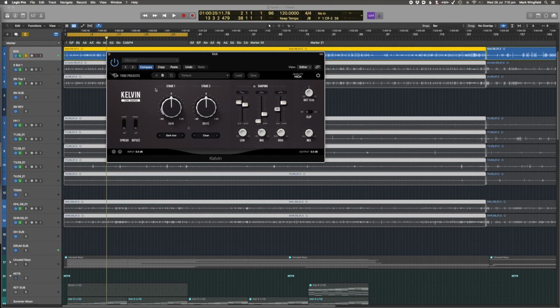So you can hear the sound has changed quite a bit. There's a lot more low-end solidity going on there and low-end punch. So you can see what I've done here. At 52 hertz, I've got a Pultec curve, and it's boosted here by 3 dB, and then it's quite heavily